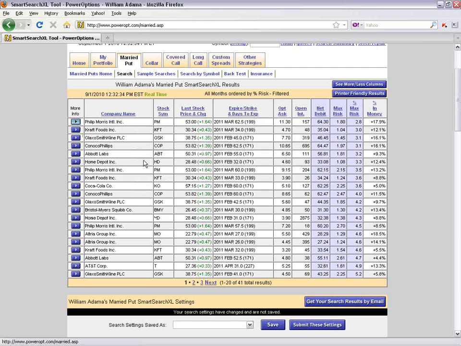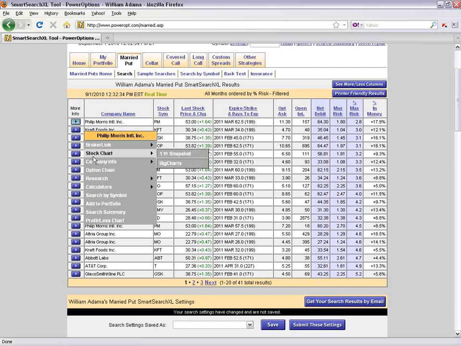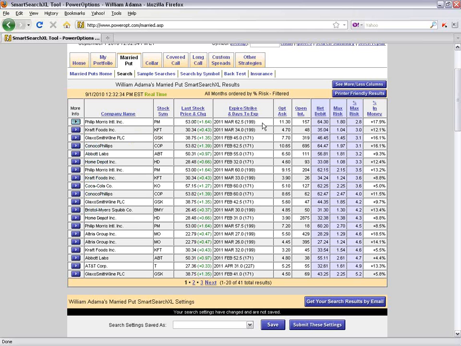If you're not familiar with Philip Morris, we'd want to look at that company information. We're going to take a look at the profile, take a look at recent news headlines, and maybe review some of the last earnings and events. We could go to the search by symbol tool again. Here we're showing we could buy Philip Morris at $53. That 62.5 strike put, of course, is 17% in the money. So maybe we'd want to compare it. We do see other positions here. Here's the first Philip Morris position with that 2.8% at risk. Further down,